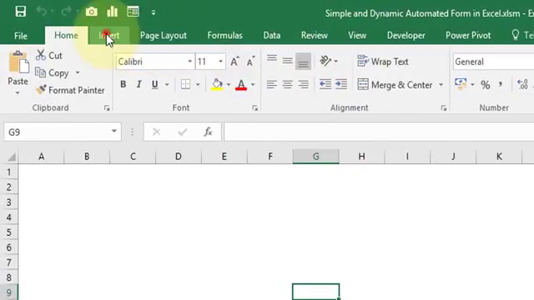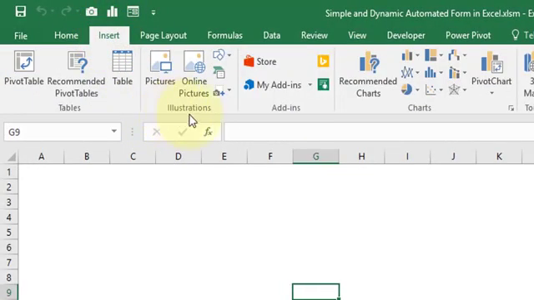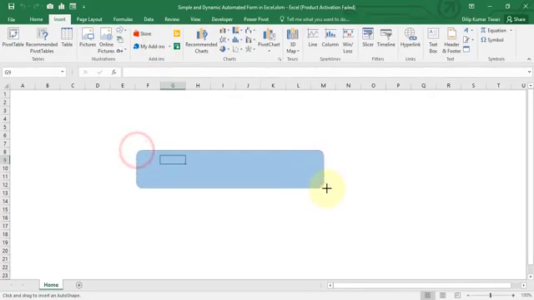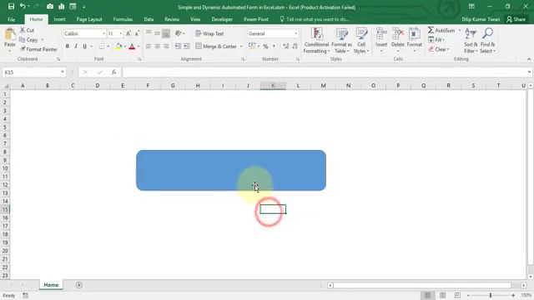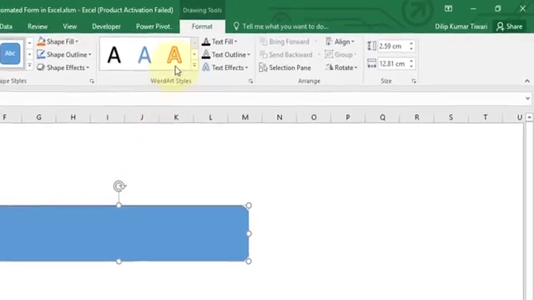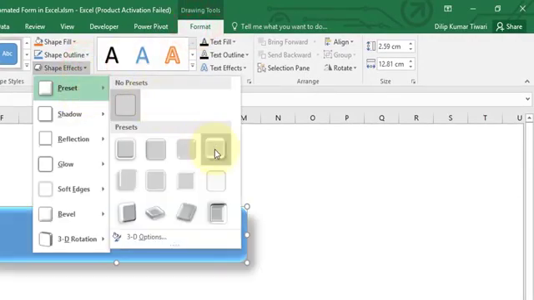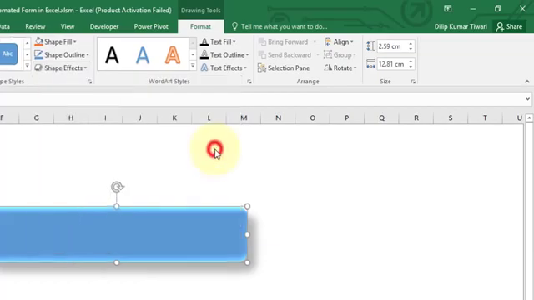Now click on insert, and under the illustration group click on shape, and under shape select the rounded rectangle and draw a rounded rectangle over here in the middle of the screen, right? Just select this shape, go to format, shape effect, preset, and select this one, preset number 4.